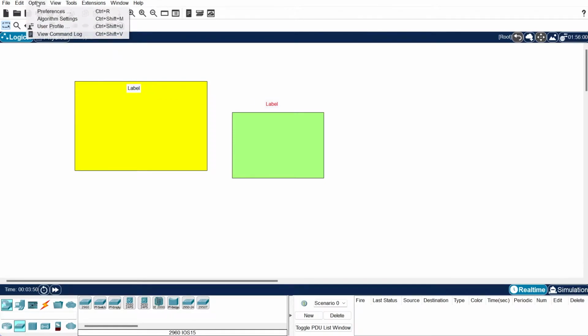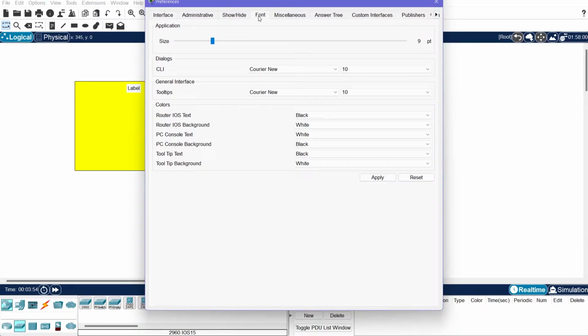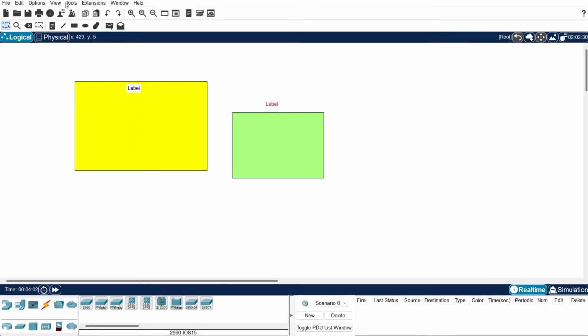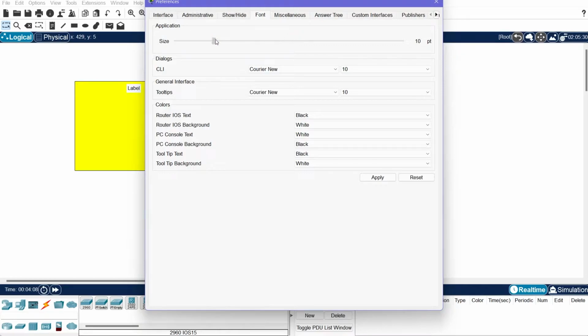One of the other things that is useful, I know for some students, the 8-point font is very hard to read. So if you go up to Preferences, and then there's a font, and in here you can change it. By default it's 8. I have mine set for 10, so that things are a little bit easier to read. If we go back here and we set all this stuff back to 8,